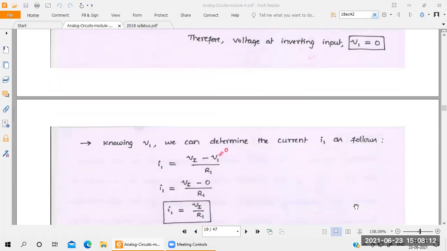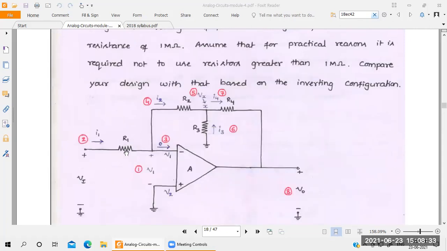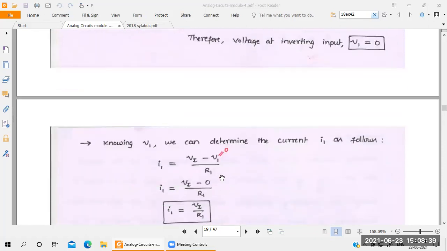Understood? After that, we know V1, right? V1 is connected where here? R1 resistance. Current across the R1 resistance is how much here? That is I1. According to the terms, I is equal to V by R. So take now I1 is equal to Vi minus V1 divided by R1. It means you take the difference in voltage. You take the current across the R1 here. You take the difference Vi minus V1 divided by R1. The same thing is written here.